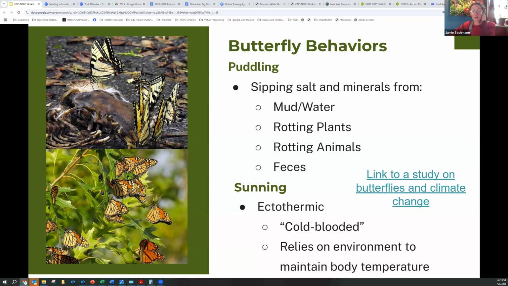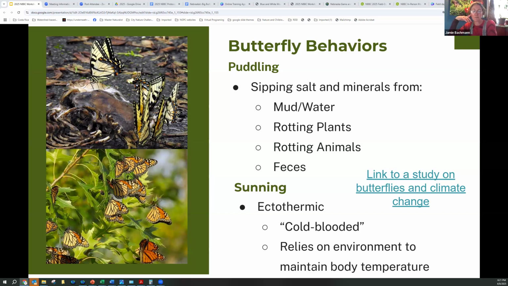Okay, and sunning. Butterflies are ectothermic. A lot of us grew up with the term cold-blooded. Ectothermic means the regulation of body temperature relies on the outside environment.